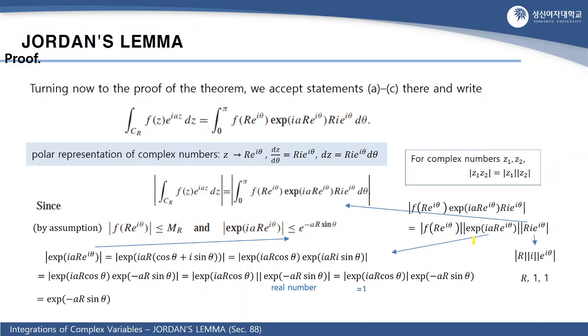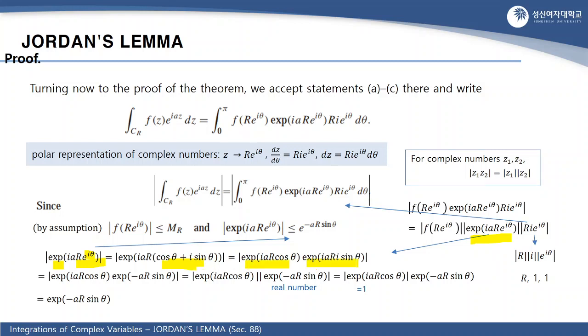Now, what about the exponential term? How do we deal with it? The exponential of i theta inside the exponential here can be expanded to cosine plus i sine theta using the Euler formula. So we can now split up the exponential here,